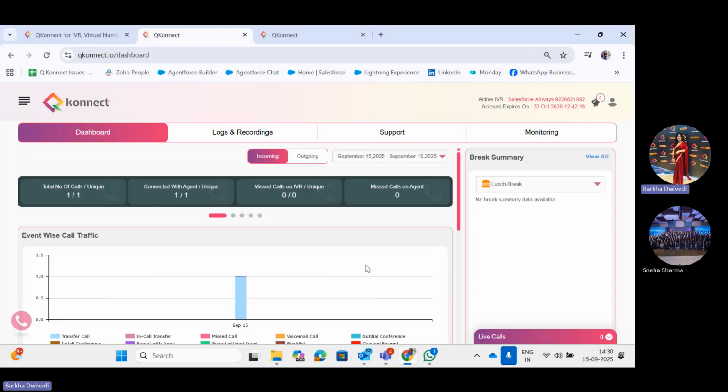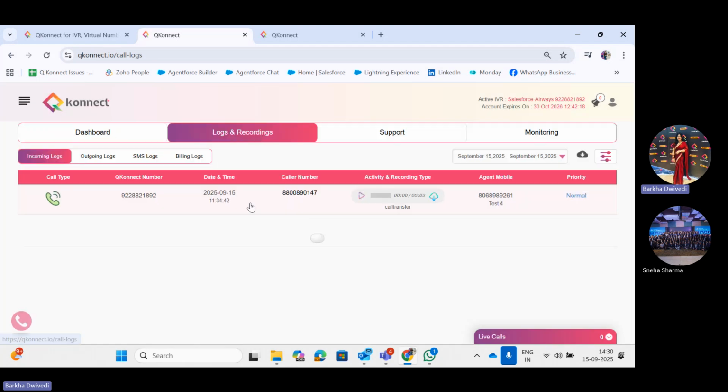And this is how your account is going to look. You'll be getting the number of calls, connectivity, all of those details. The major role here is played by the login recording section. Here you'll be getting the entire logs of calls received from the customer and assisted by the bot. The entire details, conversation, and customer details will be updated here in the log section.